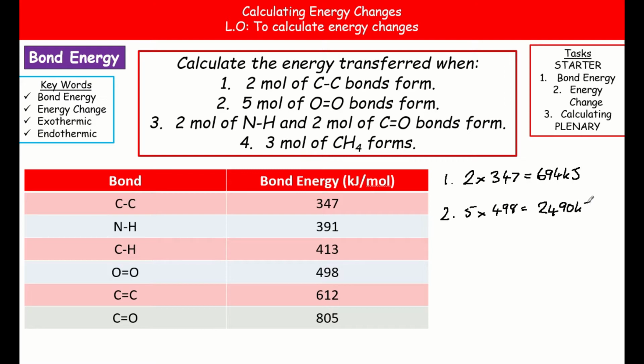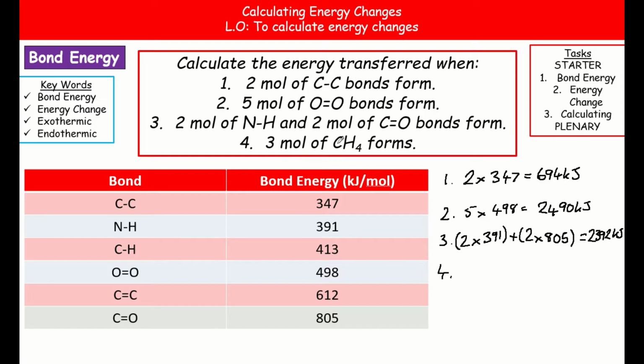2,490 kilojoules. For number 3, it's 2 moles of NH and 2 moles of carbon double bond oxygen. So we need to do 2 times our NH, which is 391. And then we need to add that to the 2 moles, so 2 times our carbon double bond oxygen, which is 805. So that gives us 2,392 kilojoules. For the last one,